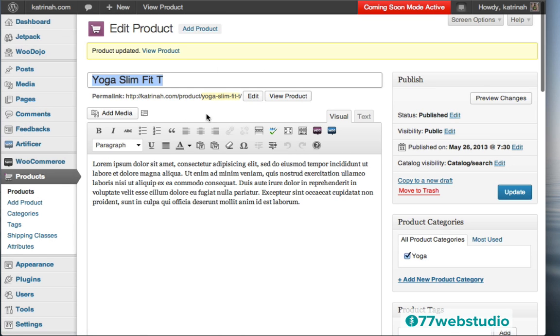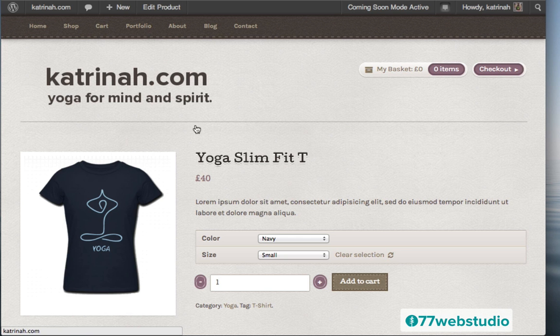Okay, so now that the product has been updated, let's check it out by clicking on view product. Okay, and now we see there is an add to cart call to action on the product page. So you want to make sure there's always an add to cart call to action on your product page. And if there isn't, then you want to go check out the product data and make sure that your attributes and variations are set up correctly. So okay, so here we are on the product page.